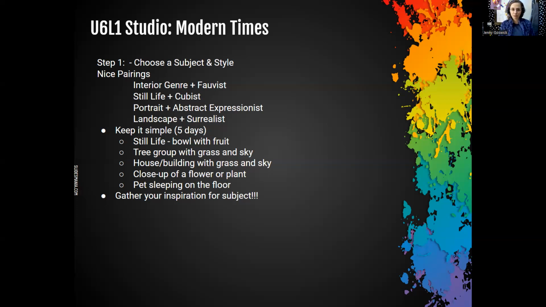There's a couple of other examples of keeping it simple in subject matter if you are struggling with trying to find your subject. But when you're done, gather that information for your inspiration for your subject. After you have that gathered,